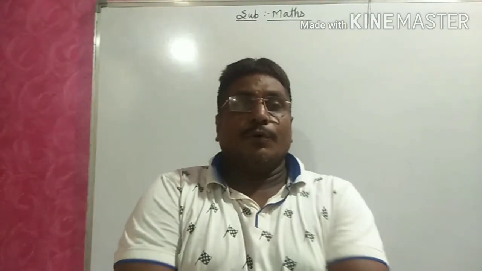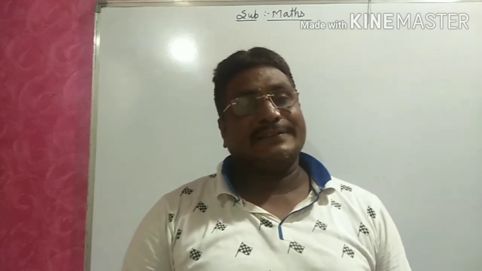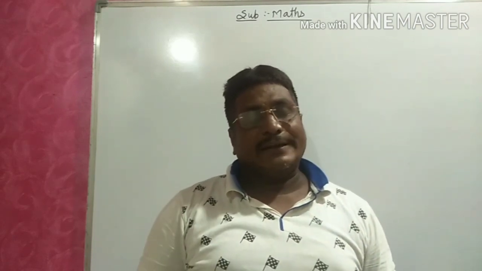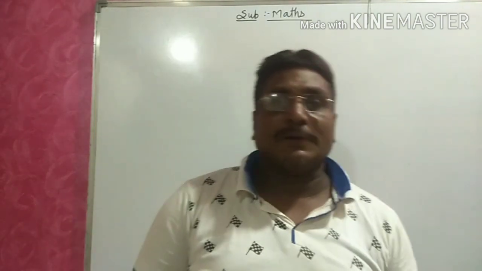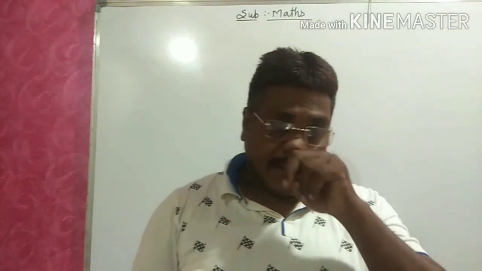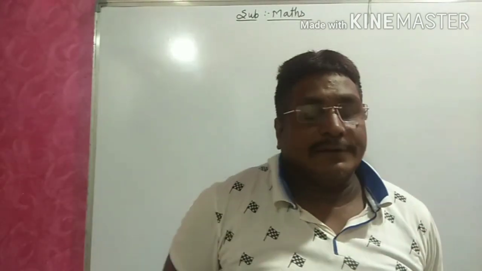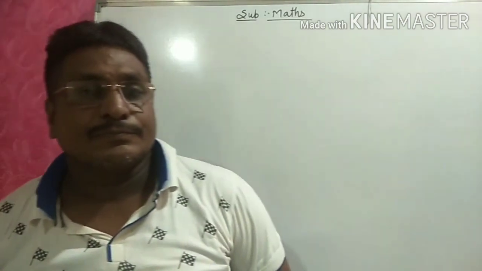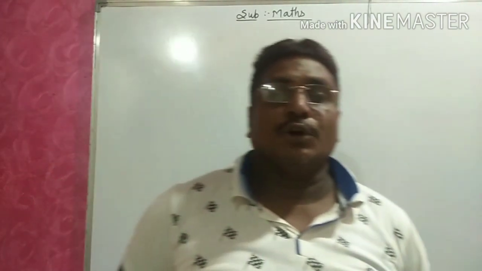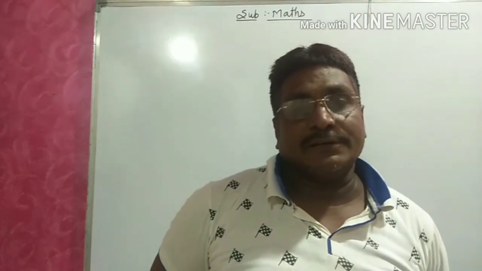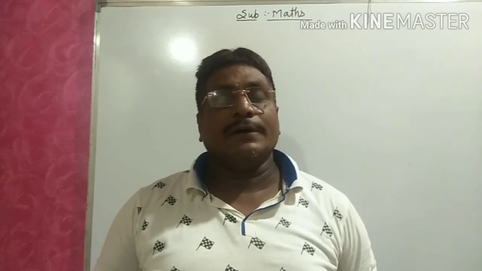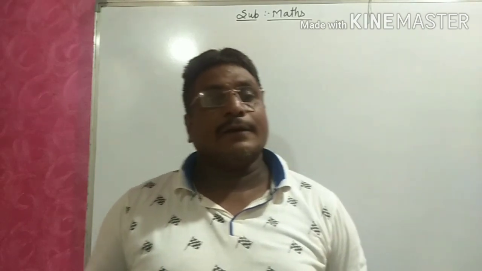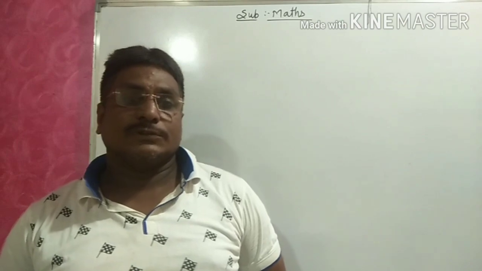Hello students, in the last video we discussed how to solve the exercise. In that exercise we studied representation of decimal expansions on the number line by the visualization method, then the spiral method, unit square method and geometric method. On these methods, how to represent the numbers on the number line. Based on that, whatever exercise questions there were.